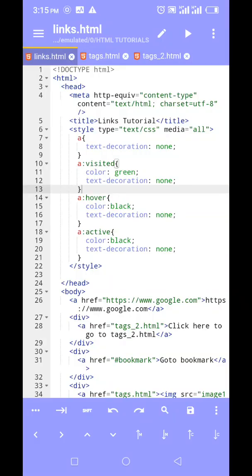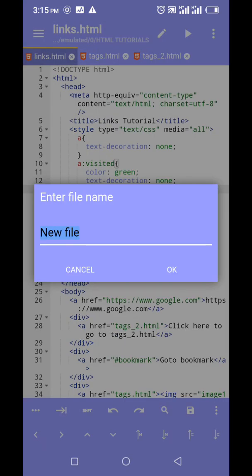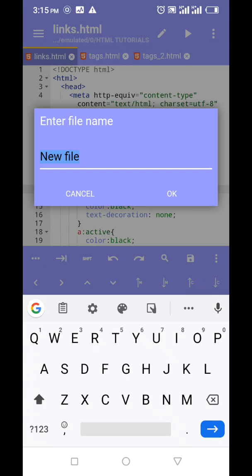To this part of the tutorial, we're going to continue from where we left off. So today I'll be looking at lists. Now let's just go quickly and do what we have to do. So I will call this list.html,